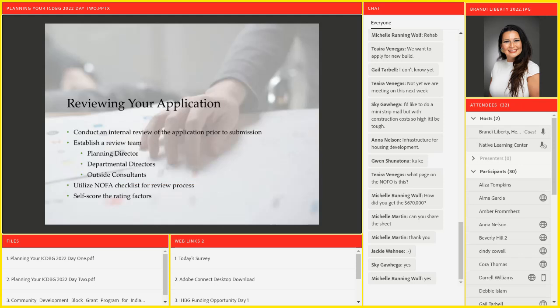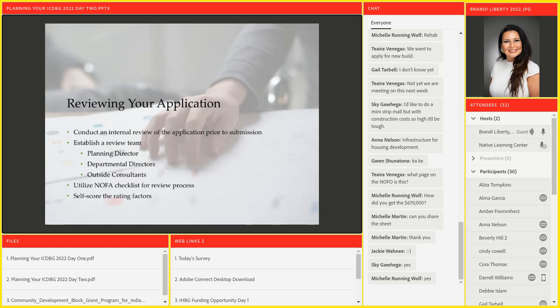So what do we do when our application's done? We've got it all together. We think we got a good solid application and project in place. The first thing you're going to want to do is conduct an internal review of the application prior to submission. How do you do that? First, establish a review team. If you're using an outside grant writer, typically bring in maybe your executive director and maybe the departmental directors from the various departments that may actually touch this project, even some outside consultants or editors, even your grant writer, and